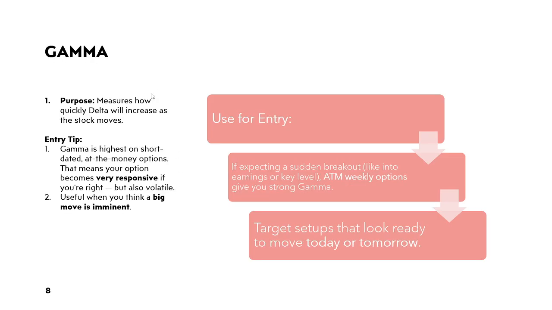Gamma is the highest on short dated at the money contracts, which means it's going to be very responsive. What this basically means is that closer to in the money, the higher the gamma is going to be, because gamma is how